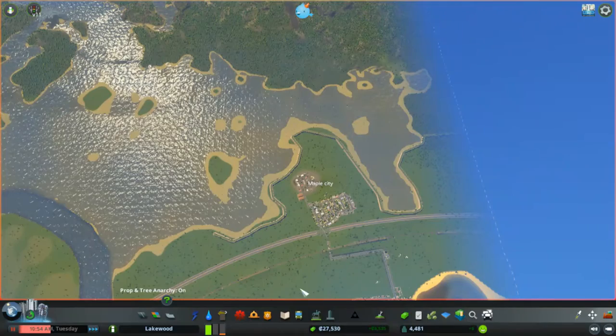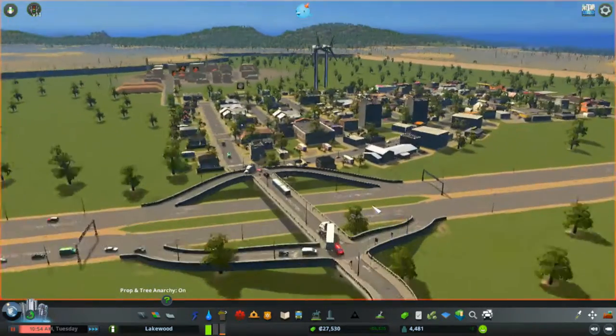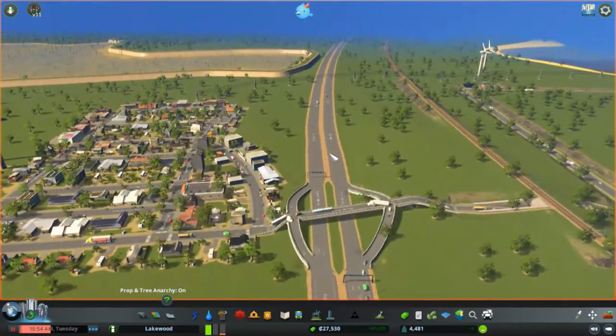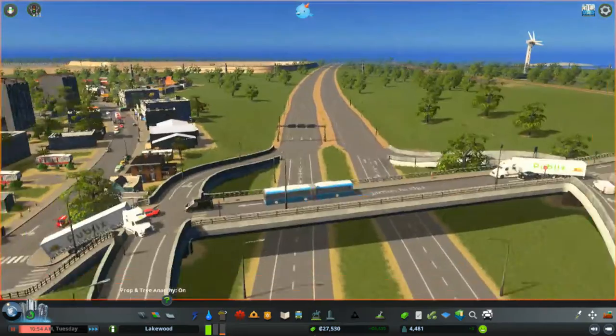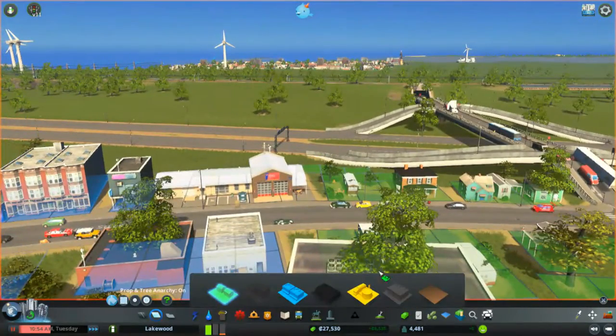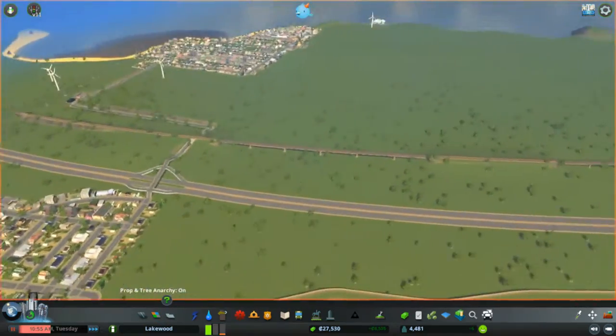Because I forgot to activate the save for the last episode that I recorded, we have problems. Anyway, after last episode, probably because the game glitched or it got new mods, the entirely new interchange that I built is gone now, so we're just going to follow a car